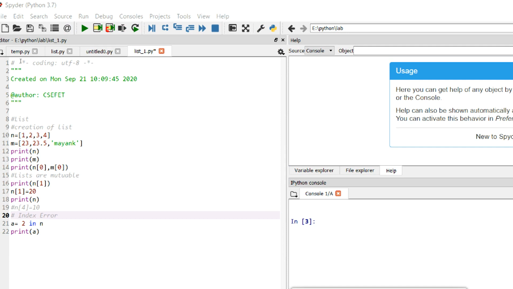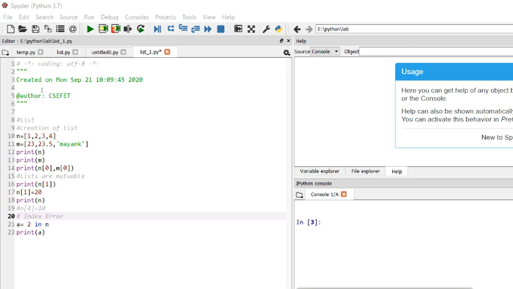Today we will see the topic list in Python. We have already seen how we can work with strings, integers, floats. Now this is a powerful data type, a data structure which is inbuilt in Python. We will see how we can create a list today and how we can access the list. Further, we will see the different operations which can be performed on a list in other videos. Today we will focus on how we can create the list and how we can access it.